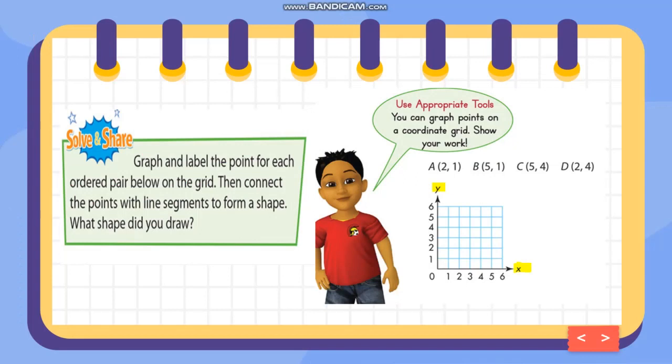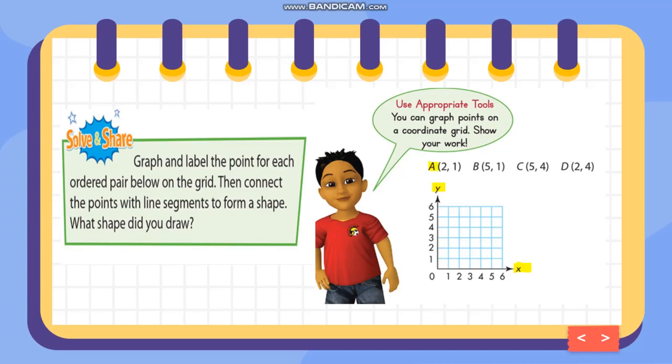Okay, so let's analyze this problem. Graph and label the point for each ordered pair below on the grid. Then connect the points with line segments to form a shape. And what shape did you draw? So we're going to use the appropriate tools, and you can graph points on the coordinate grid and show your work. So the given are